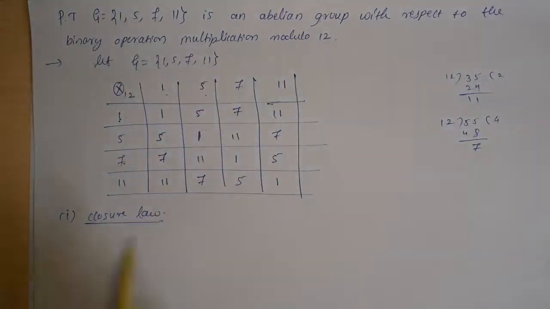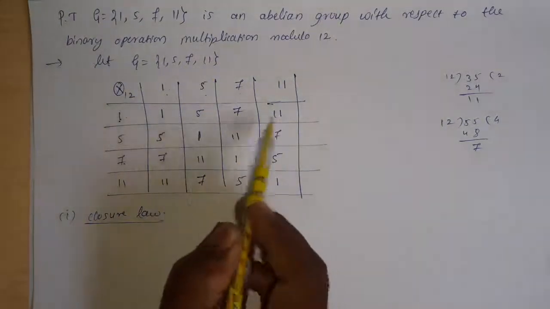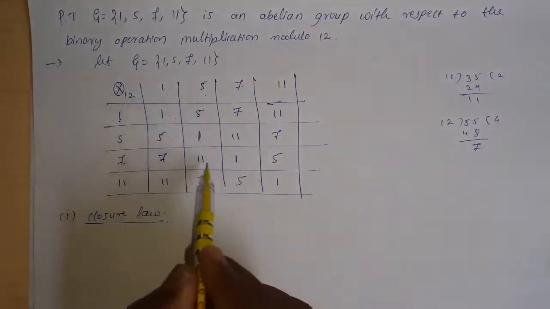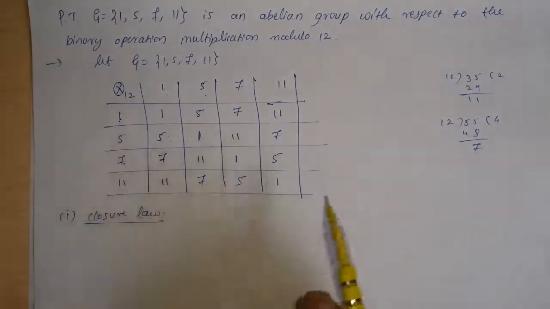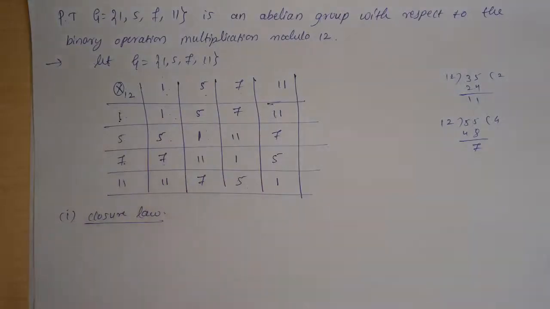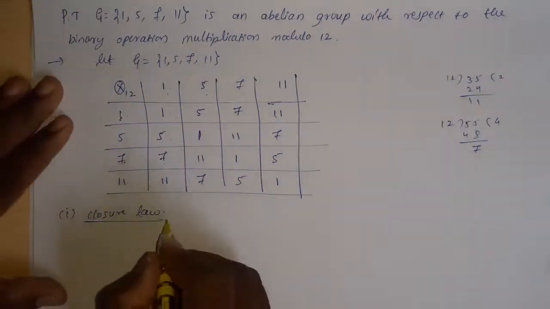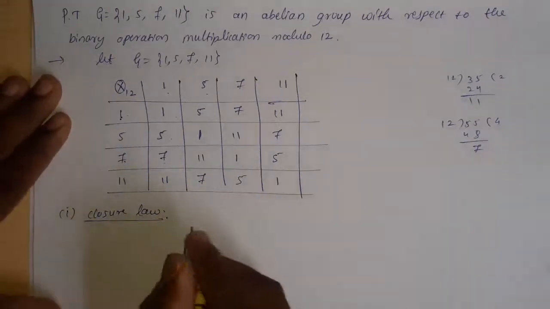Is it right? So here we have 1, 5, 7, 11; 5, 1, 11, 7; 7, 11, 1, 5; 11, 7, 5, 1. There is no other element other than 1, 5, 7, 11. So if this is the case, then we can say that closure law is satisfied for the given binary operation and for the given set. So, writing the closure law, the above